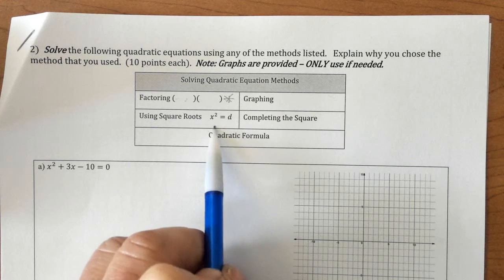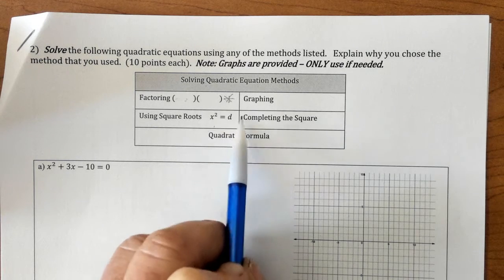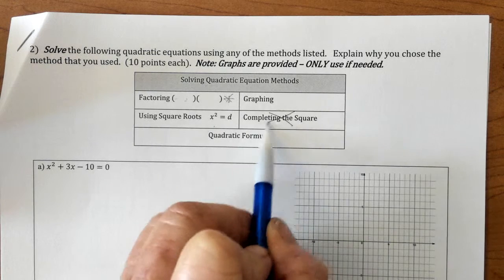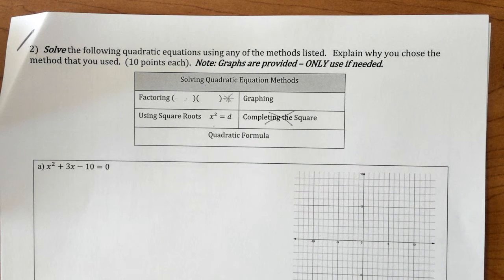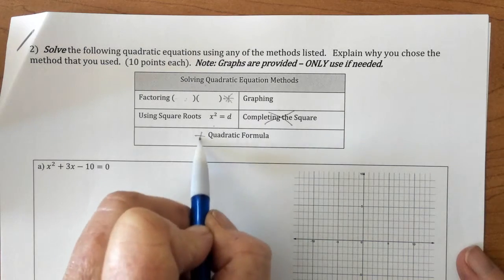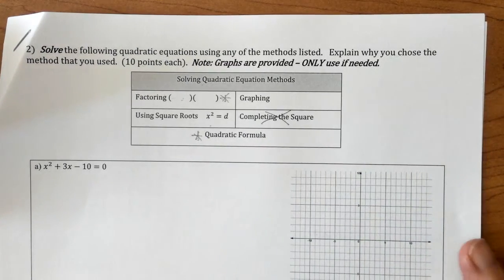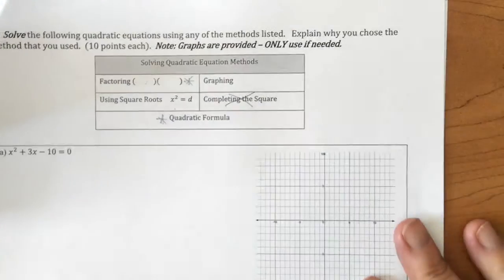Using square roots is when I have it in this format. Completing the square we did not cover in our class, so you can take that off. And then the last one is the quadratic formula. So what are the 2 go-tos that I like to use? Factoring and the quadratic formula. Please remember, I will give you the quadratic formula,